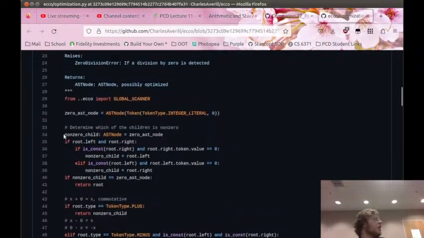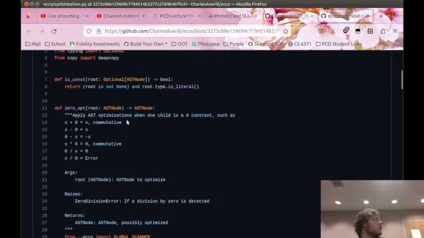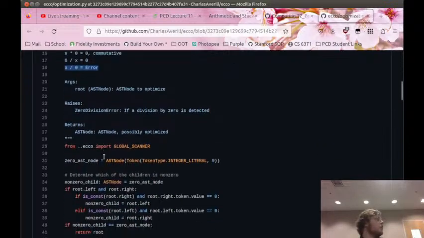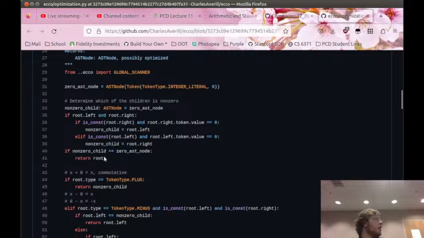So now we can look at the zero optimization rules. These are the rules that we're applying. x plus 0 equals x, commutative, which means that 0 plus x also equals x, right? x minus 0 equals x. 0 minus x equals negative x. x times 0 is 0, commutative. 0 divided by x is 0. And x divided by 0 throws an error, right? So this one's a bit more complicated, but